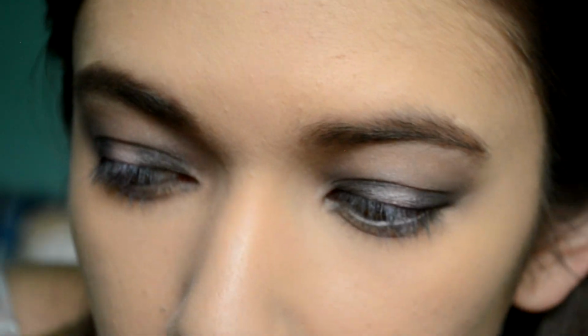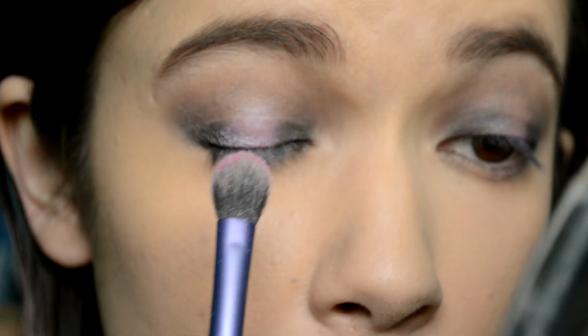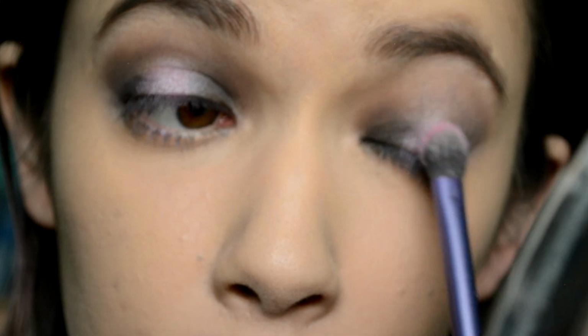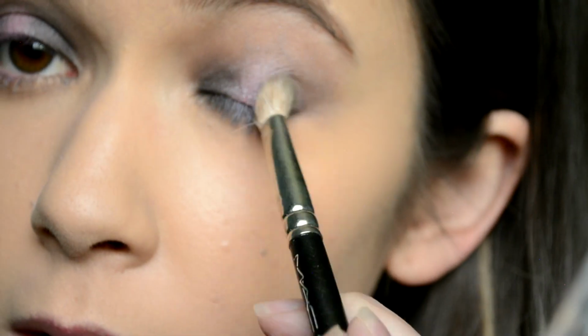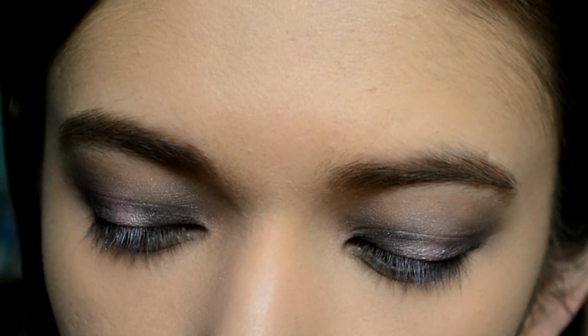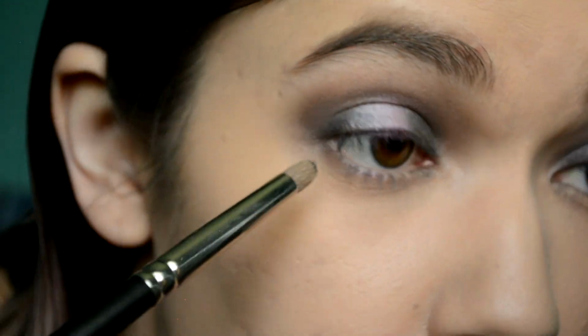So now I lost the intensity of the shade in the middle, which is the star of the show, so I need to put that back in. Just mix those shadows again, pop it right back in the center, and blend with those outside shades. There we go. Okay, for the lower lash line, I'm going to take Deep Purple again on a pencil brush